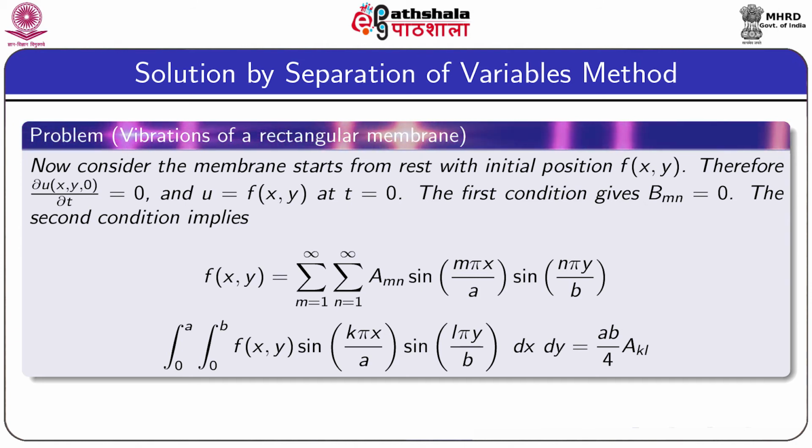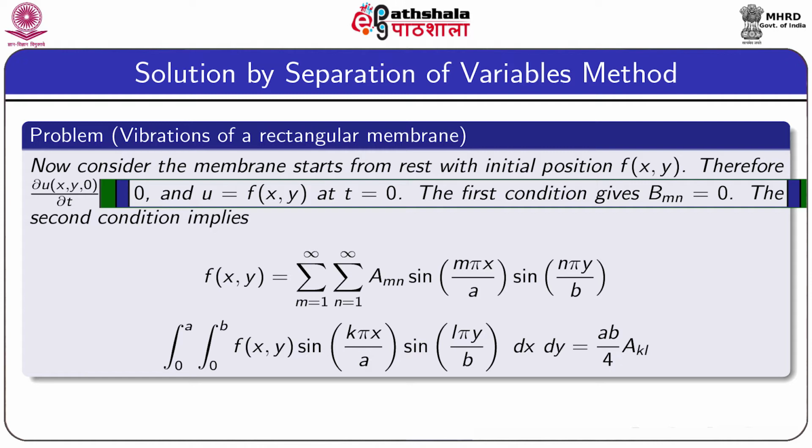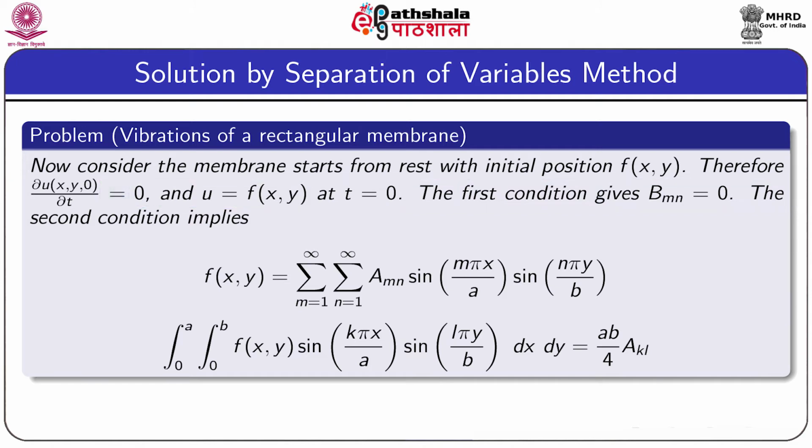Now, the condition del u by del t equal to 0 gives the value of b_mn as 0. Now, if we use the second condition, that means u is equal to f(x,y) at time t equal to 0, then using that condition in this solution, we obtain